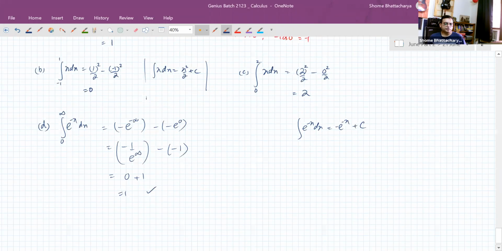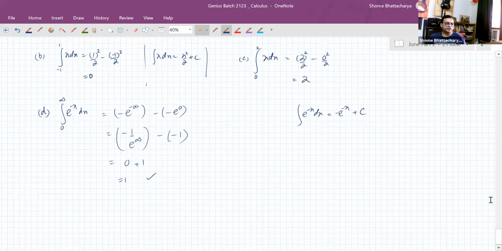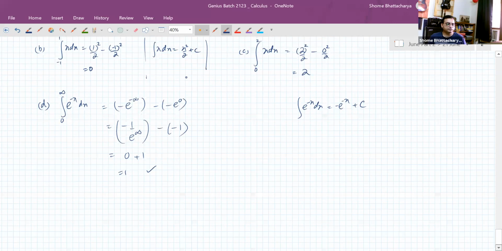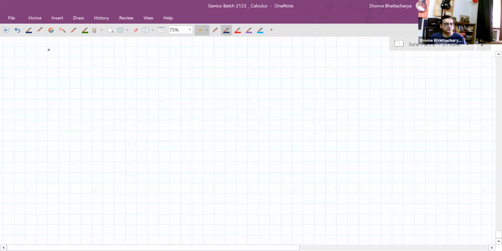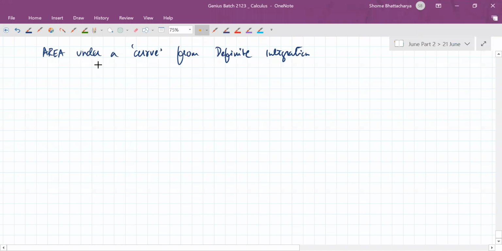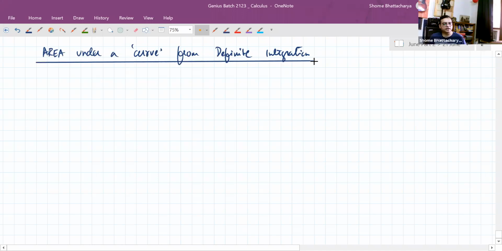Okay, so as you can see, once you are familiar with the basic process of indefinite integration, definite integration is just one further step. Now let's finally, for today's last thing, let's understand area under a curve from definite integration. So this will give us the geometrical interpretation of what we calculate in definite integration. So if a particular function f(x)